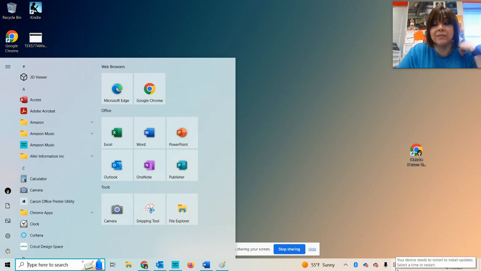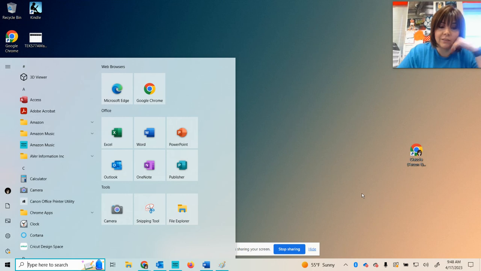Since my computer has installed them already, if you point to it, it says your device needs to restart to install updates, select a time to restart. So I can already tell my computer needs to have its updates installed. At any rate,